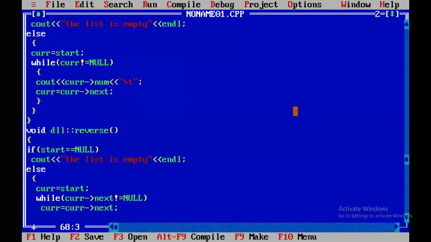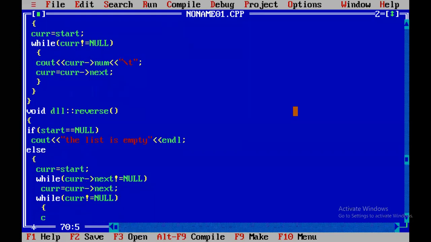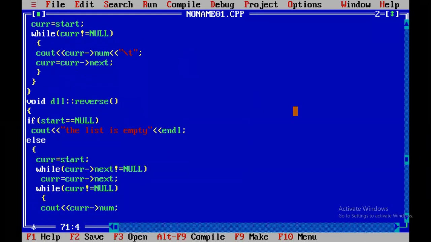After that, you have to print while current not equal to null: cout current arrow number, then current equal to current dot before.